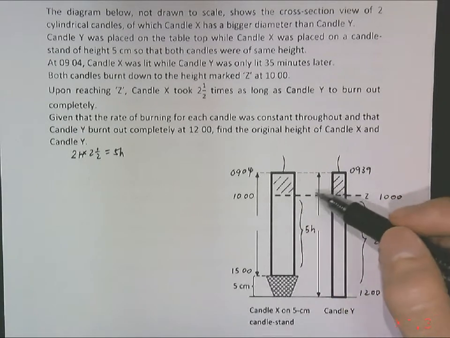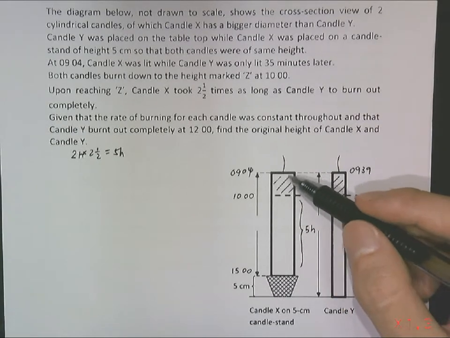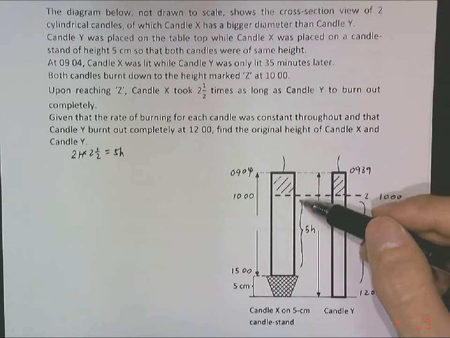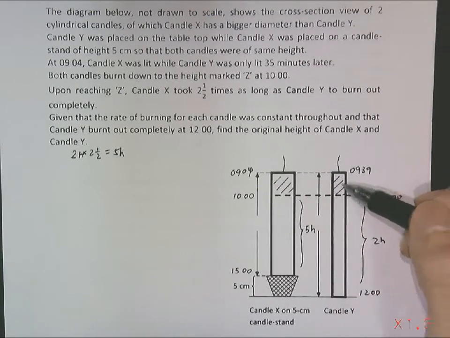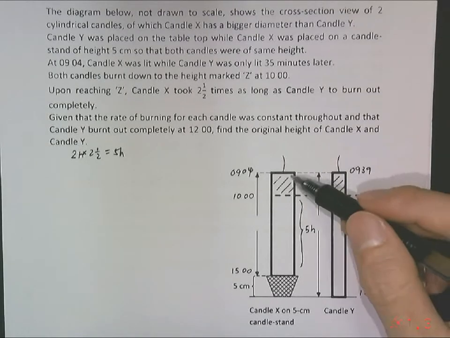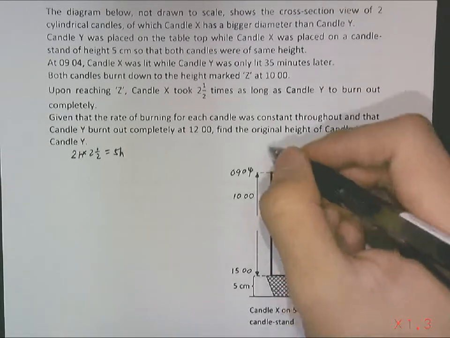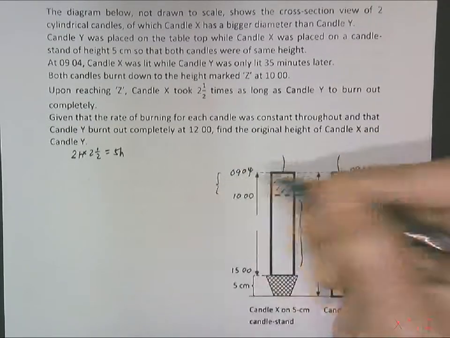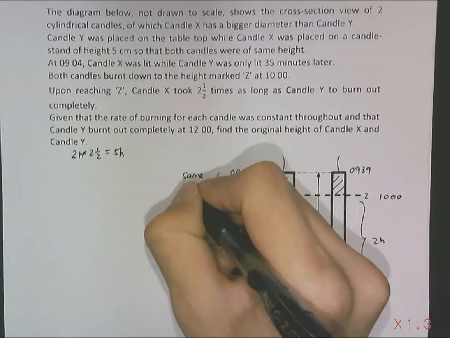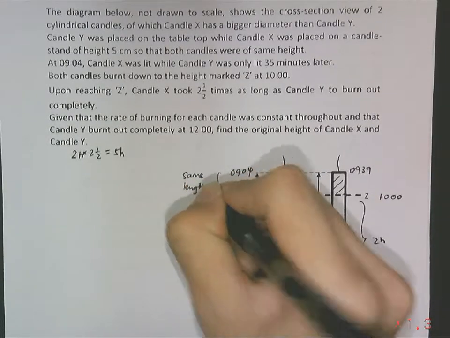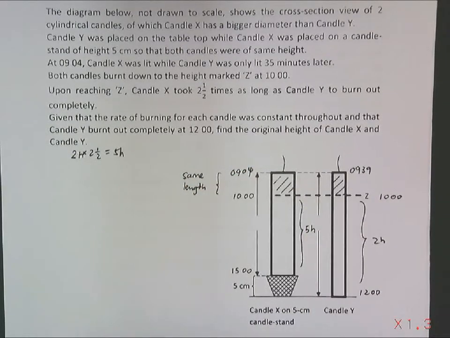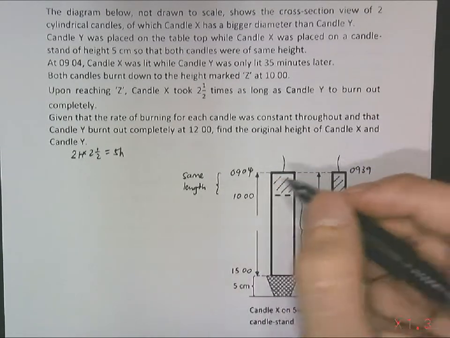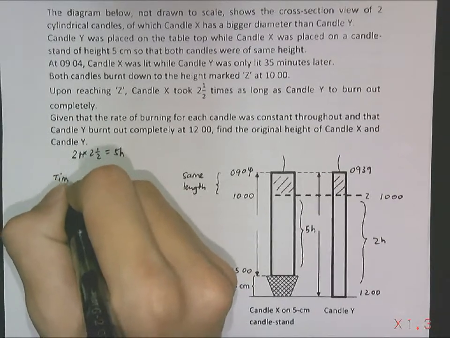So notice that this portion here runs out by the same distance. Both candles have burned the same length. So we can find the time ratio for this shaded portion. This is the same portion, so we can put same length. We're going to find out the time taken first for this shaded portion, and we know that the time ratio,